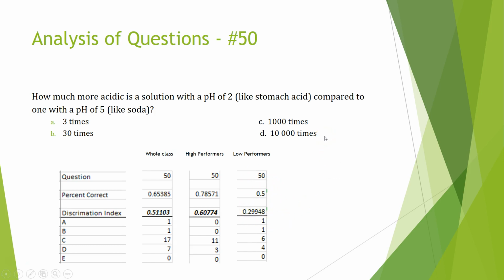What I noticed is that my high performers knew that it had to be a base 10 of something. So it had to be a factor of 10. So they either picked C or D, and they maybe did their math wrong when they went from a difference of 3 for the pH. And so they